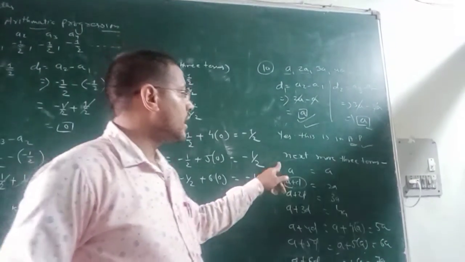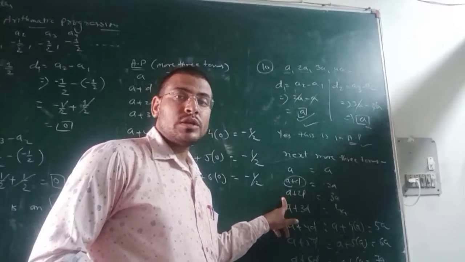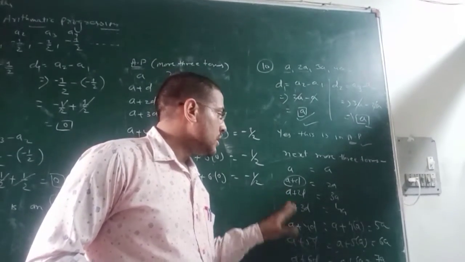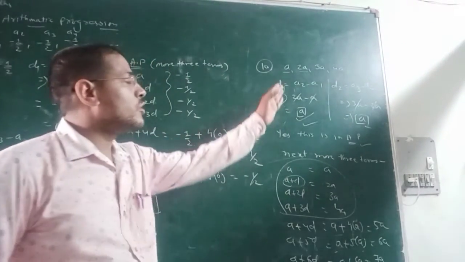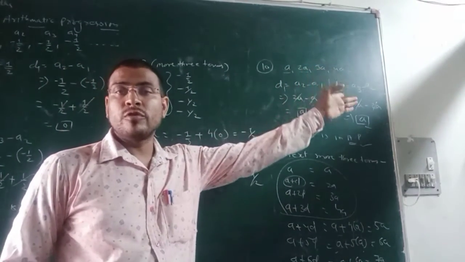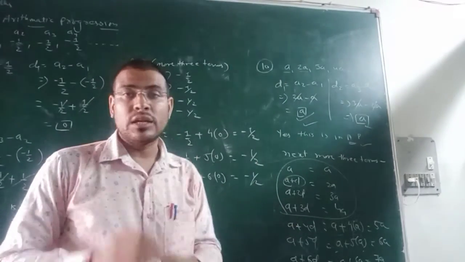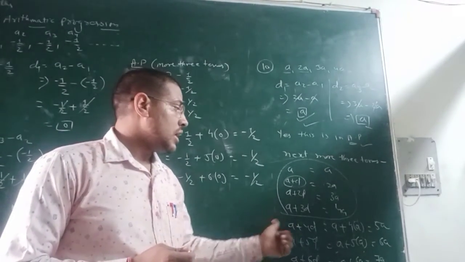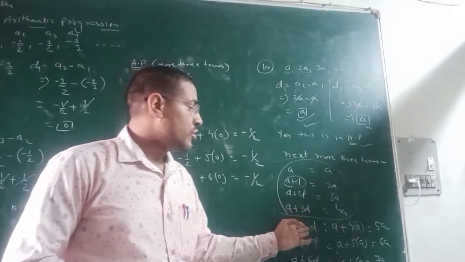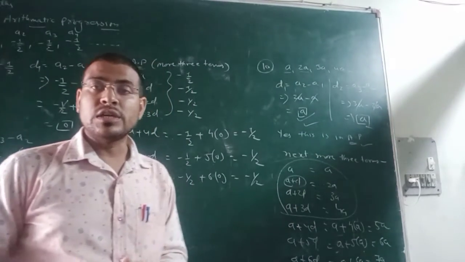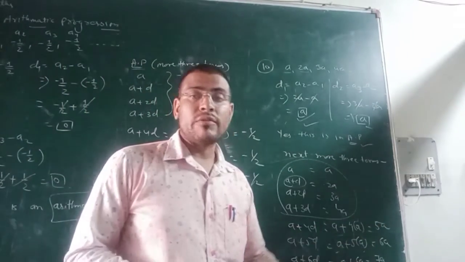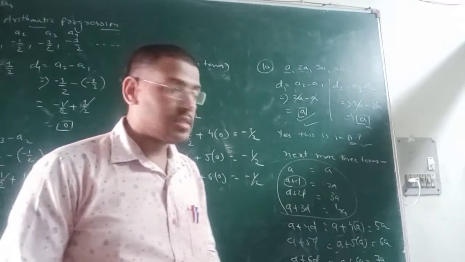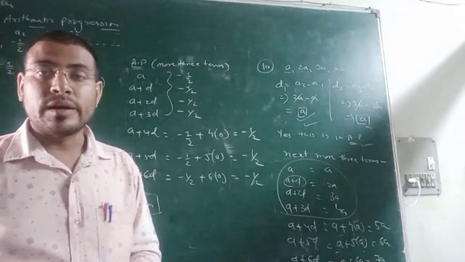We will calculate the same way: a plus d, a plus 2d, a plus 3d, a plus 4d. You are given up to a plus 3d, that is a, 2a, 3a and 4a. Now we need a plus 4d. Here a is fixed and d stands for a, so 4a plus a will be 5a. Similarly, after adding the next ones, we get 5a, 6a and 7a. So this is all about this arithmetic progression.